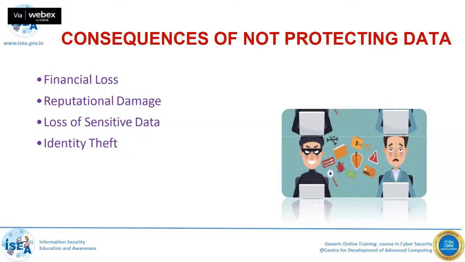Reputational damage is nothing but, for example, I got your photograph from some social media platform, and I also got your mobile number. By using those things, I can create a fake profile. I can send it to all your friends because your friend list is also publicly available, right? Your photos are available, your contact details are available, and your photographs with your friends are all available on social media platforms. I can collect that kind of information and start misusing it. So that may lead to this kind of reputational damage.